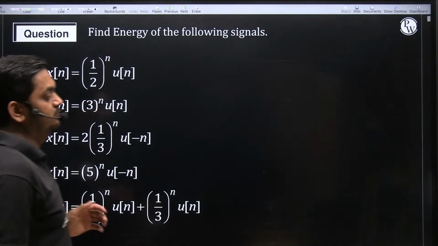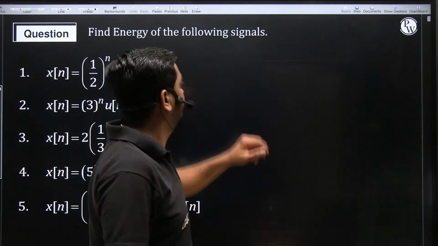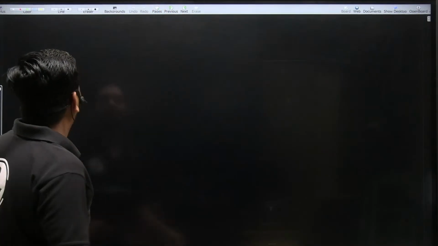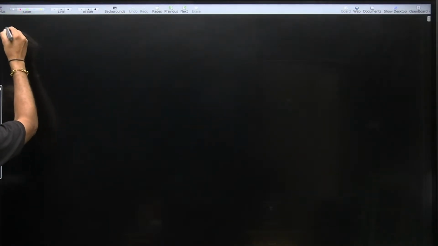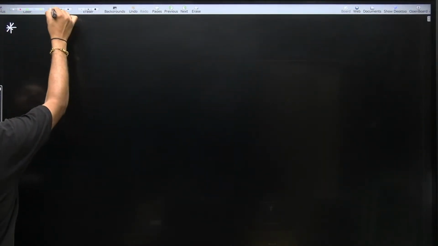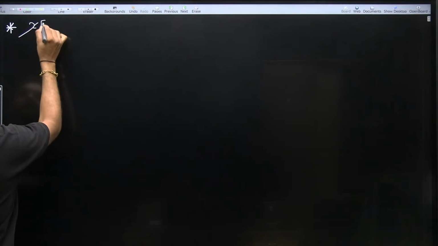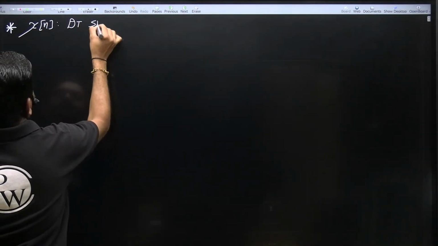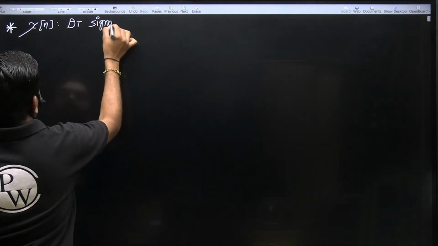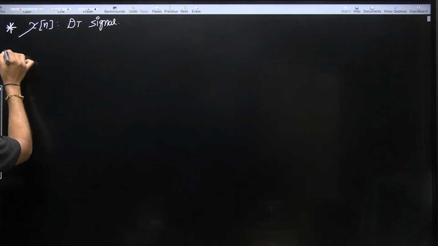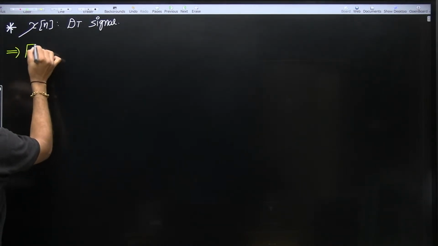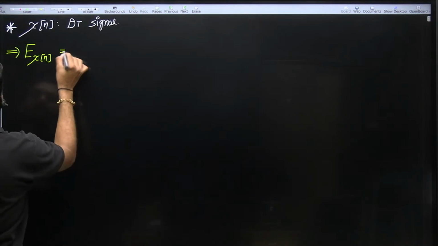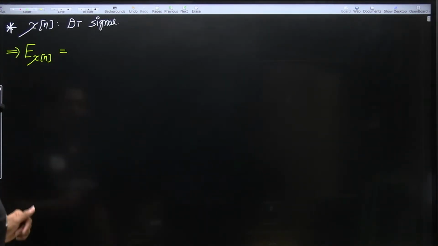Now next, discrete time. We will find the energy for the discrete time signal. Continuous time I completed. Now time for the discrete time signal. So let us consider x of n. x of n is any discrete time signal, then the energy of x of n is given by, instead of integration, now summation,